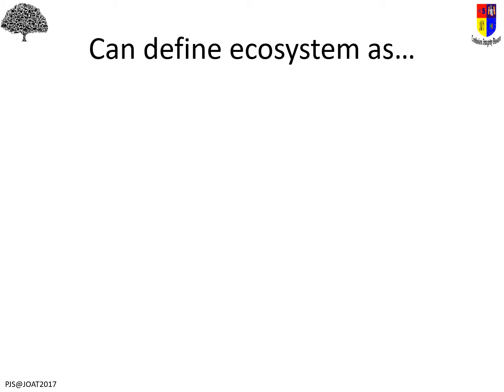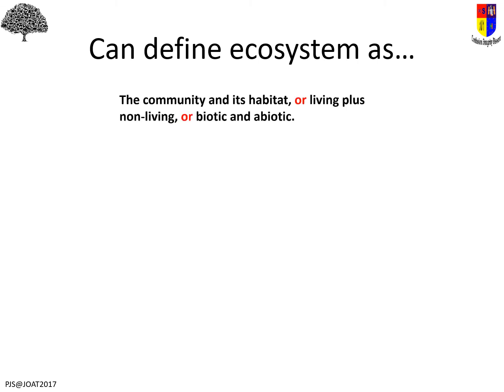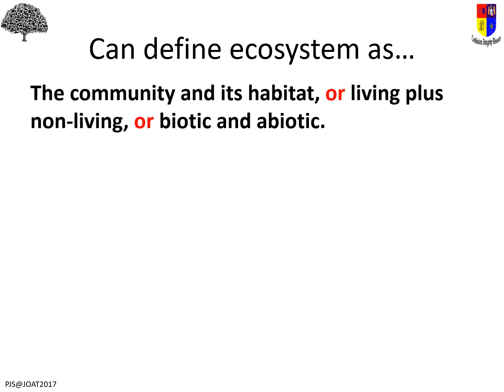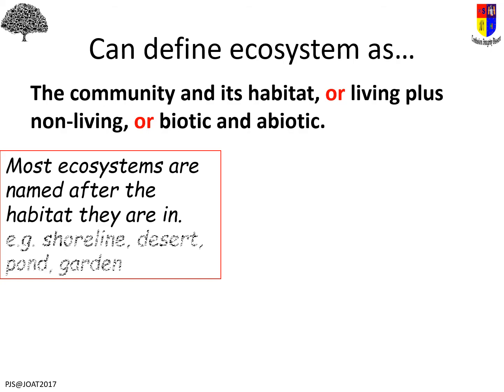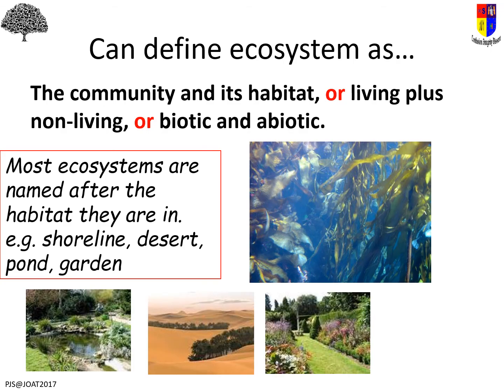Okay, so your definition of an ecosystem, a complex, stable interaction of, and we're looking at every single living thing and every non-living thing. So I particularly like going down community and habitat, because they're my two definitions I need to know anyway. But you could also use living, non-living, or biotic and abiotic. And again, because these are definitions you know. And then once you've got it, you tend to state the ecosystem in terms of where they are. So you could say it's marine or river or whatever you're looking at. And that's that key area section.